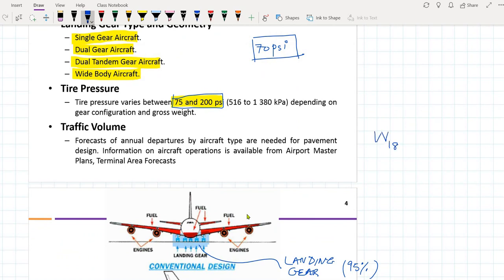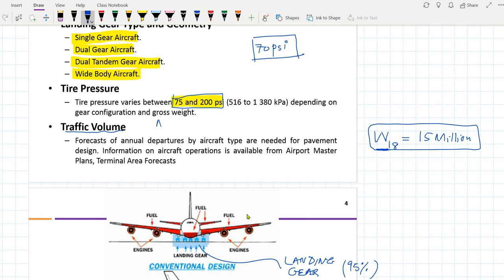traffic in terms of standard axle, and we express it as W18. So typical values of W18 are going to be, let's say, 15 million passes. These are the passes of standard axle in the total design life, and this is the traffic load that we use in highway pavements. But in the case of airport pavement, we are going to calculate traffic volume in terms of